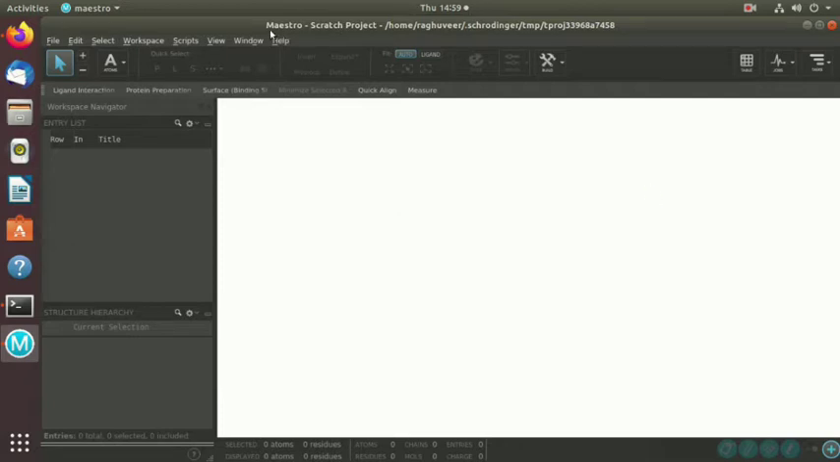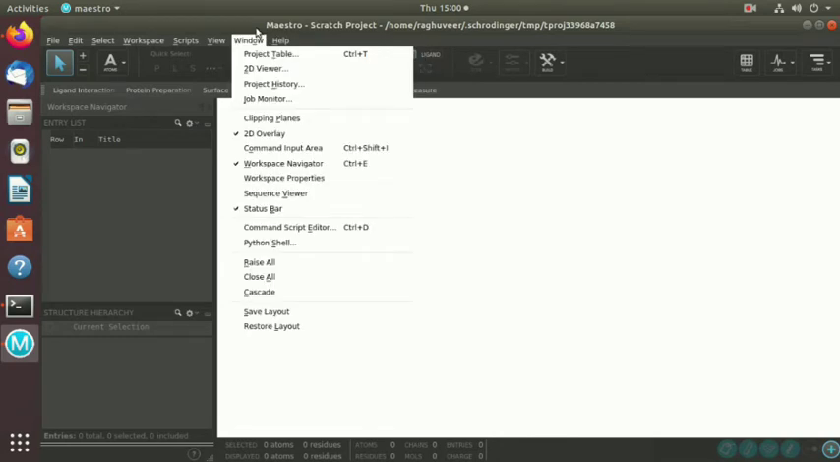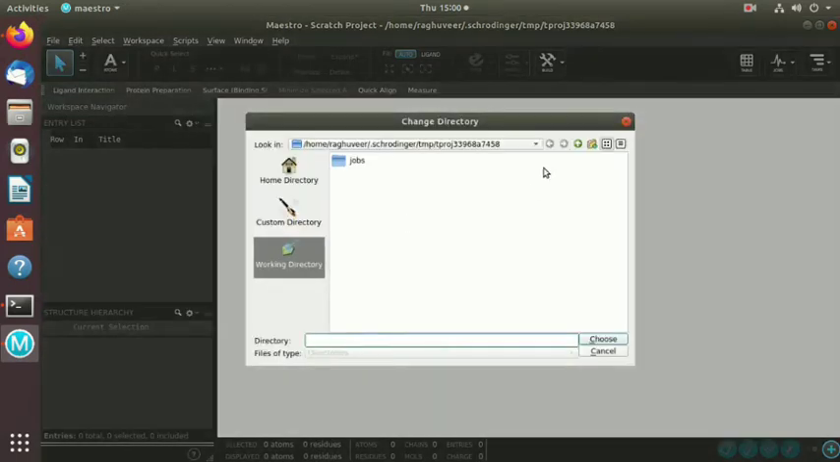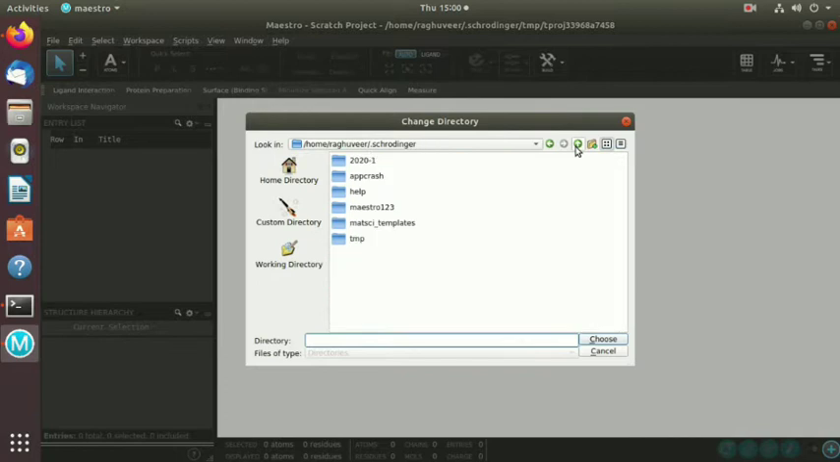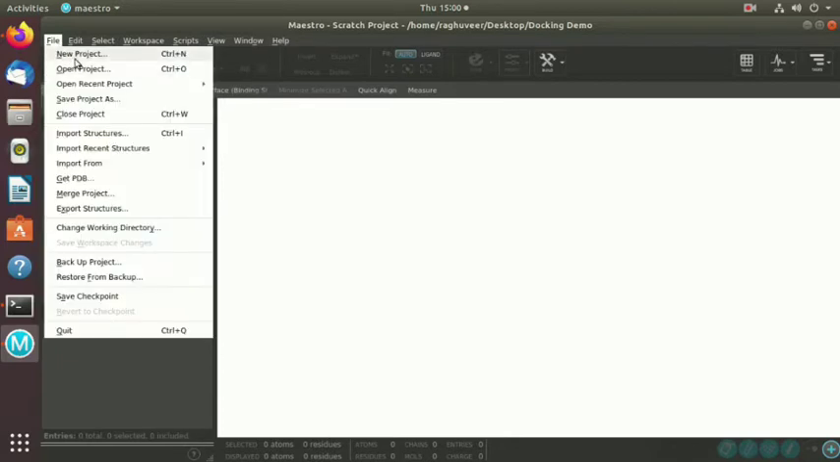This is the Schrodinger main window, Maestro. We can see the different tutorials and about Maestro in this help tab. Whenever we are going to start any project, first of all we should select one directory, that is a working folder. For that I am clicking change working directory. I already created one folder on the desktop, that is docking demo. That folder I am selecting here. Now we can see the docking demo folder is selected, and I am giving a new project name to this demo,